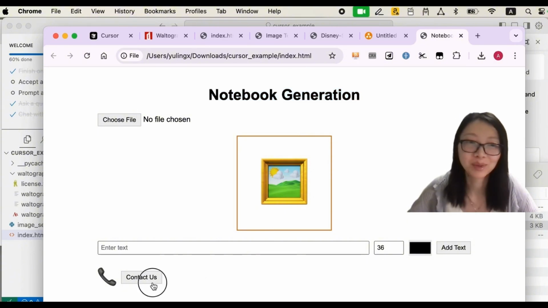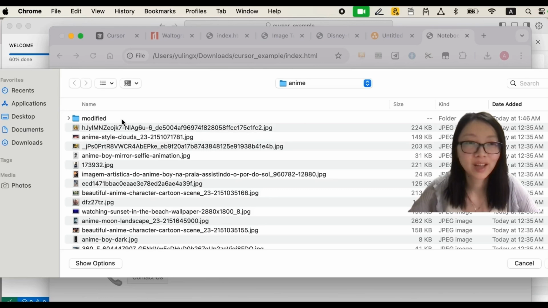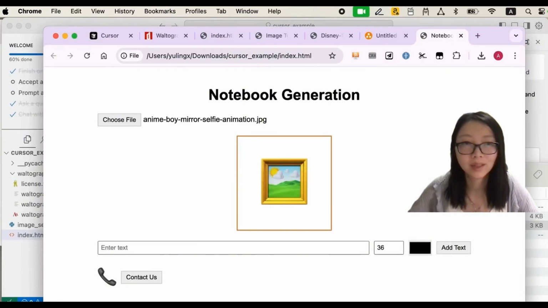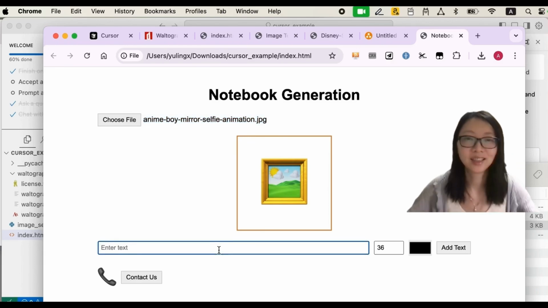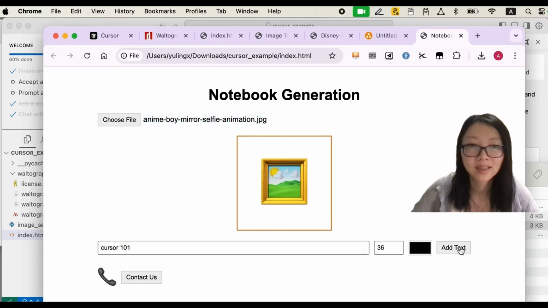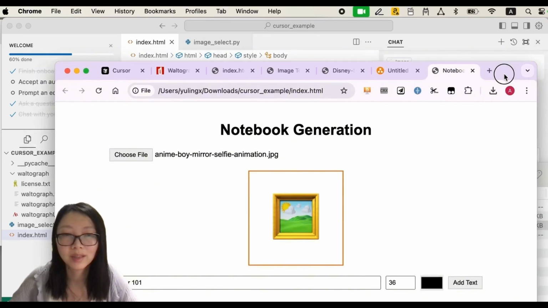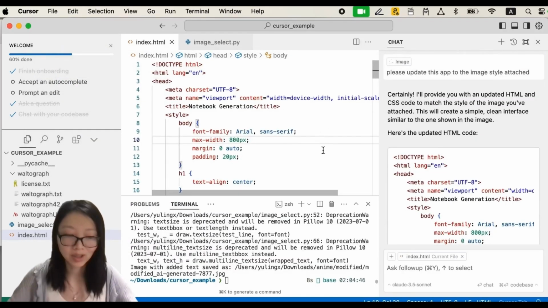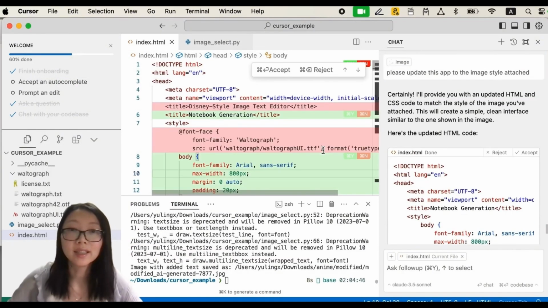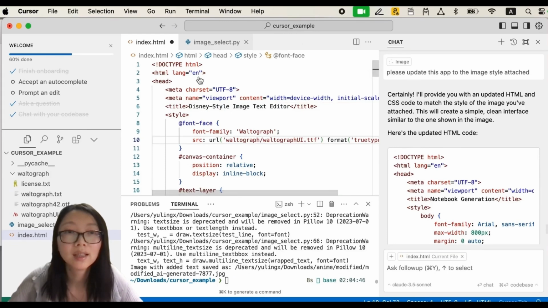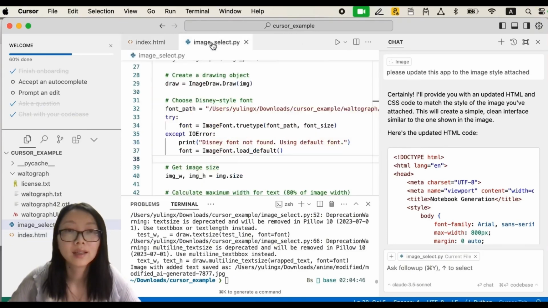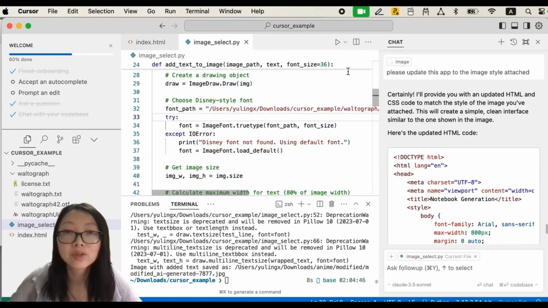It's not clickable yet. Yeah, more prompting needed. Okay, choose file, still working. Let's open. Then the preview didn't work. Let's see. Add text. So nothing happened. Let's revert back the code. Command Z, reject. Control S. And in here, Command Z, reject. I think there isn't any code being added here, right?